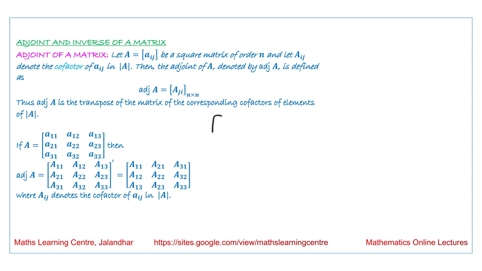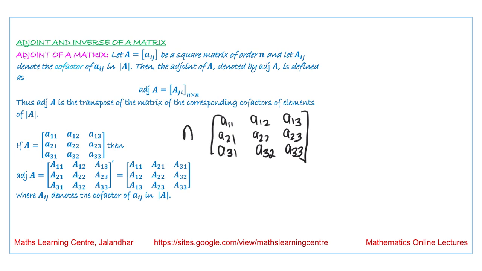Suppose a matrix is given to us, the elements it has are A11, A12, A13, then A21, A22, A23, A31, A32, A33. This is the matrix A. Now corresponding to this matrix we have the cofactors corresponding to each of these terms. So the cofactor corresponding to A11 we represent with capital A11, the cofactor corresponding to this is A12, the cofactor corresponding to this is A13. So if we write another matrix, we are talking about the adjoint of A, we are writing a